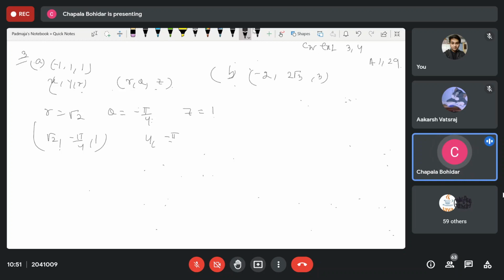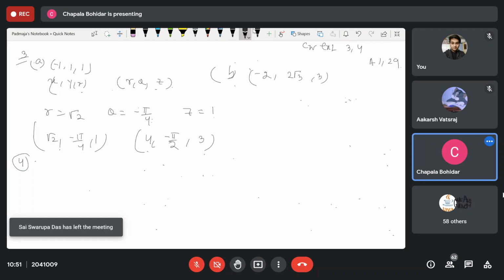Minus pi by 3, you are saying, I am saying 2 pi by 3. So you see your answer according to that, which you choose, because for the value of theta we have an infinite number of values for n. So now, question number 4. Question number 4, it is given to you that